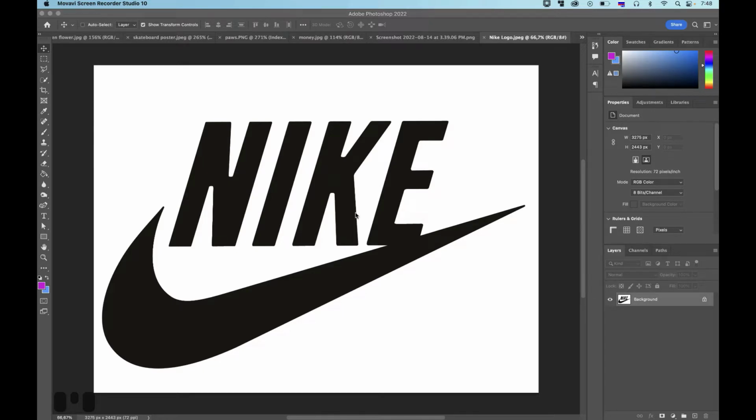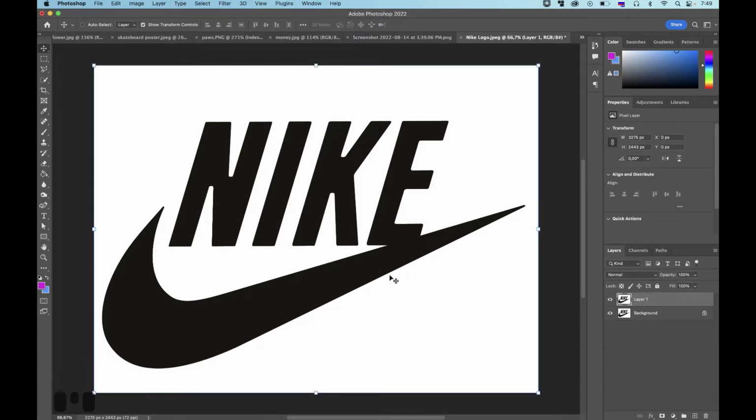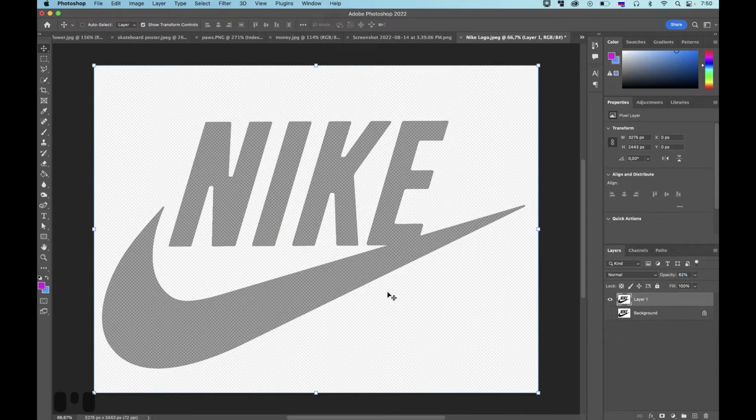And I like to smile and my name is George, so I took the Nike logo as a sample. First, let's open this file, or better open your own, and make a copy of this layer by Command or Ctrl J. Let's just turn this layer off and let's reduce the opacity of this layer. And in this way, we're gonna work with our logo.